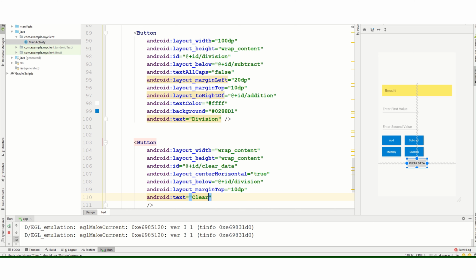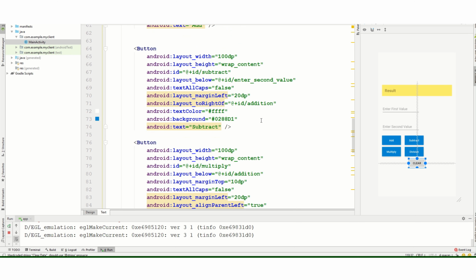Let's keep it clear only. So our UI part is almost ready.